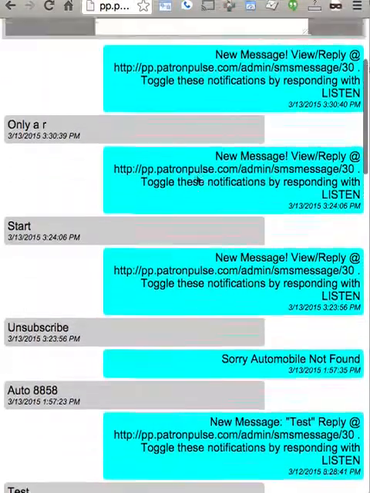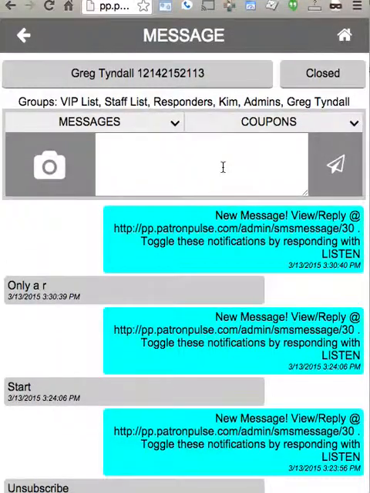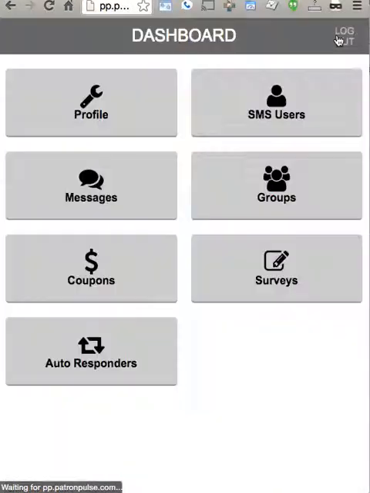It'll go into the message thread here, so maybe you want to respond to them specifically because they typed in that responder code. So that's essentially it for the admin piece. At this point,